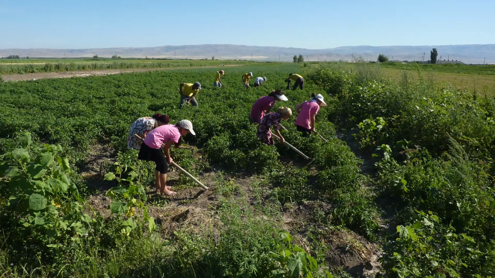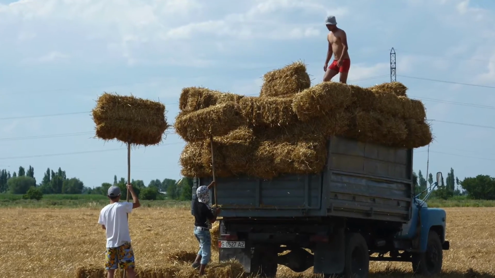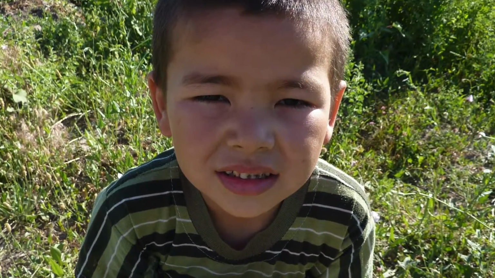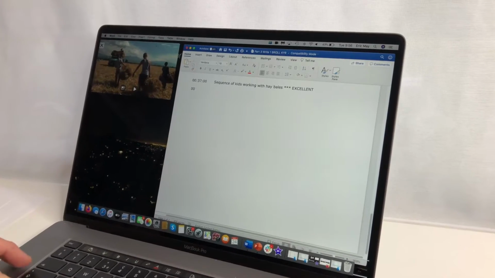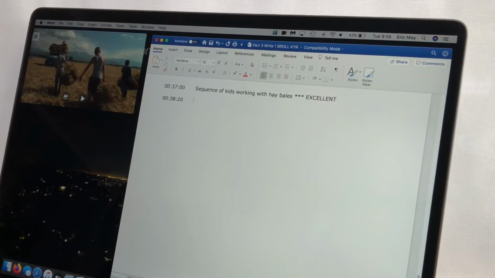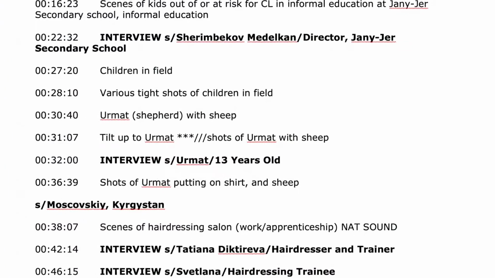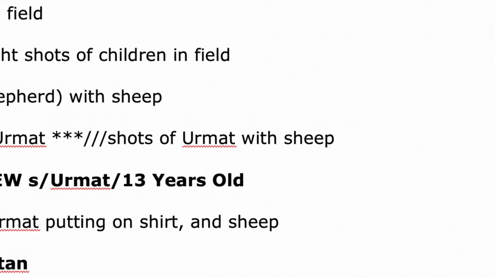The first thing I do is I really pay attention to the images. I look at the images first. Then, very important, is I create log sheets. I create very detailed log sheets of every image with short descriptions, and sometimes I'll put a little notation next to it saying, oh yeah, that's really a good image. I do exactly the same for all of the interviews as well, and I transcribe them word for word, of course noting the time codes for reference later.